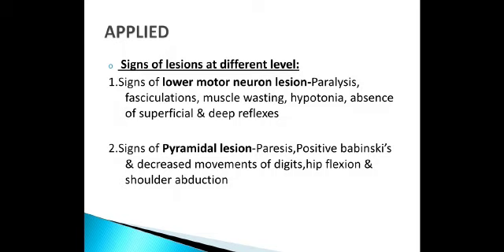Whereas in lower motor neuron lesion, individual muscles are affected. There is pronounced atrophy, up to 80% of the muscle. Flaccid paralysis, hypotonia, paralysis occurs. Deep tendon reflexes are diminished or absent, superficial reflexes are absent. Babinski sign is negative. Fascicular twitches may be seen, which are involuntary movements. Denervation potentials like fibrillation and fasciculations are seen on EMG.